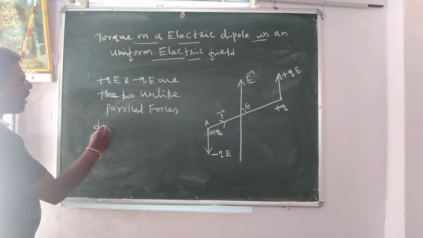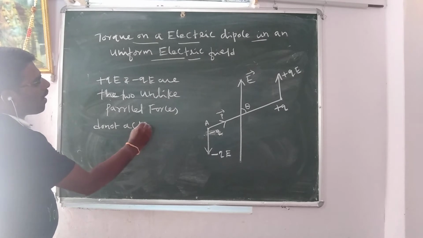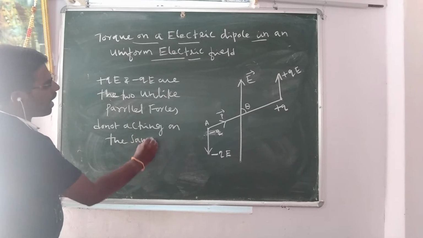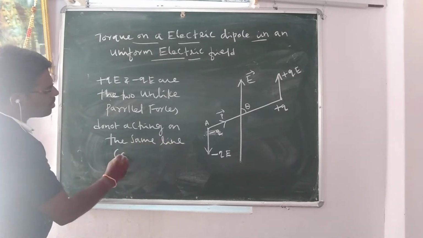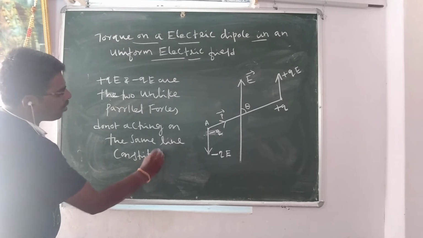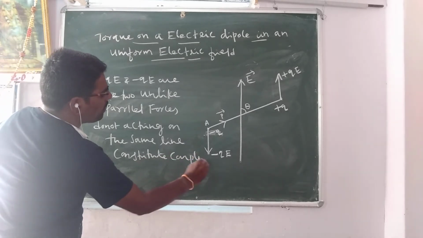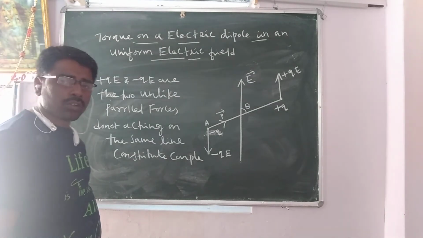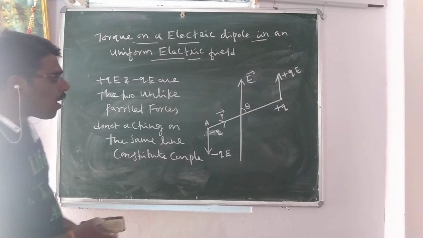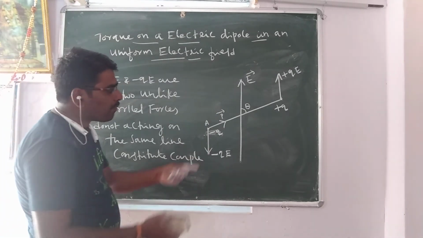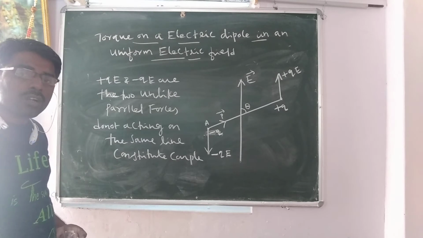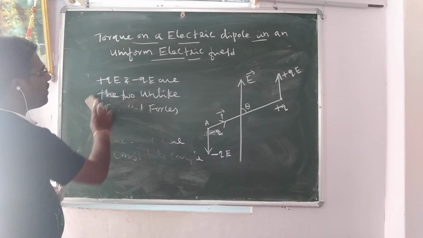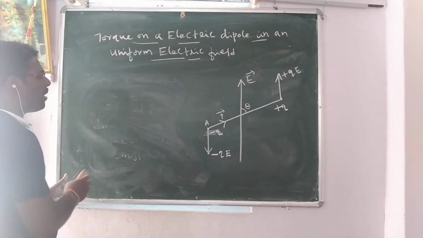Two unlike parallel forces not acting on the same line constitute a couple. A couple tends to produce rotational motion on the dipole. So two unlike parallel forces not acting on the same line constitute a couple, and hence the dipole experiences torque, which is given by